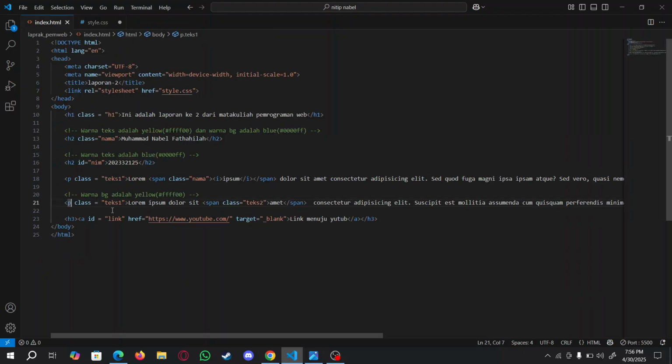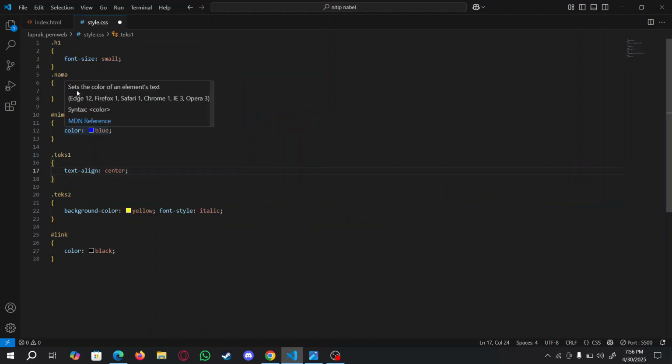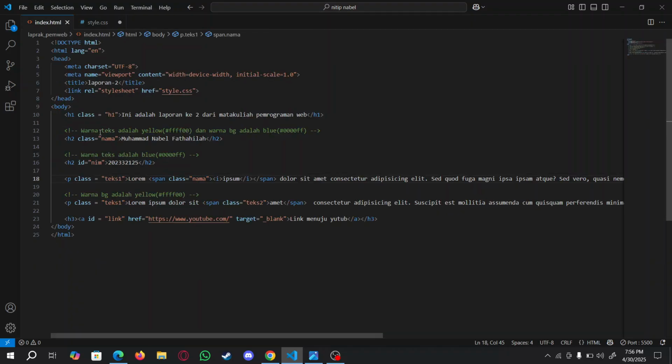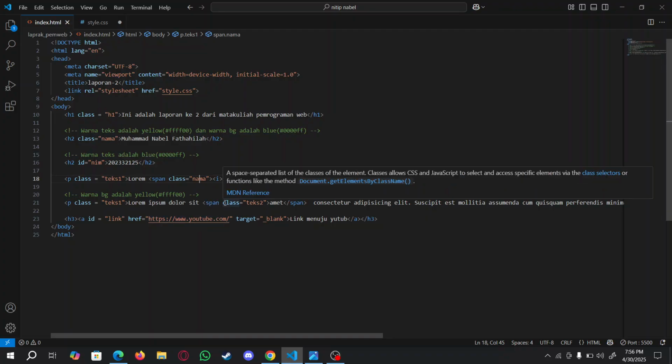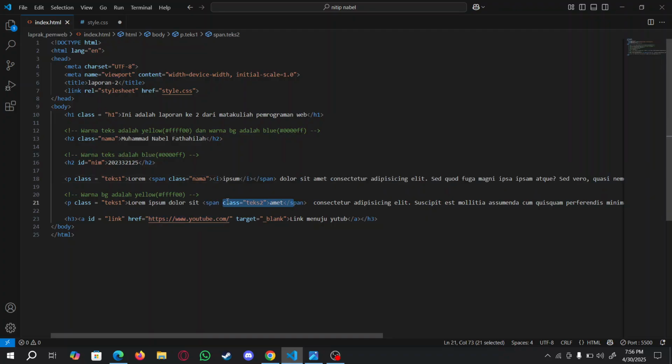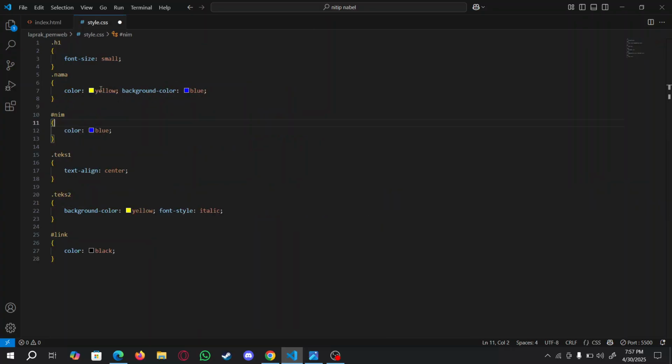And next, for this span section, which is nama, same right here, it will change the color to yellow and give it a background color blue. Next is this span section, I used class text2.